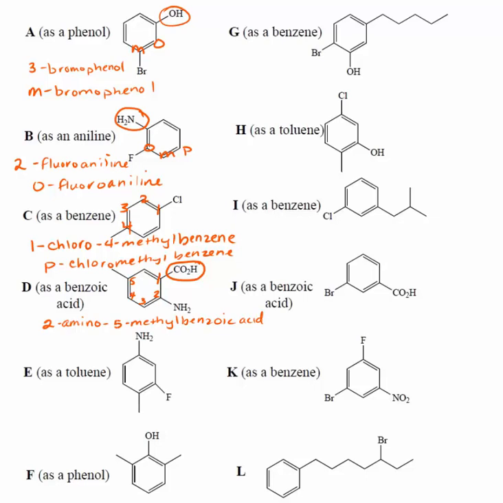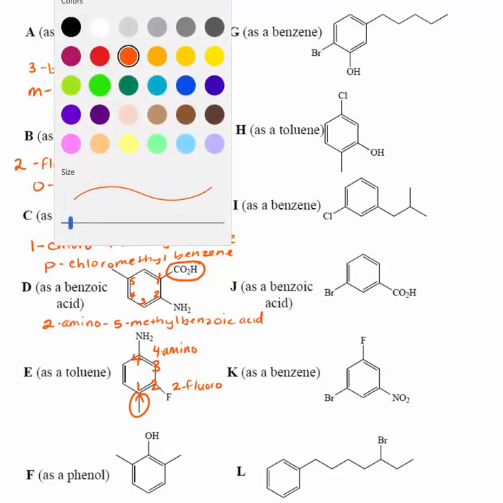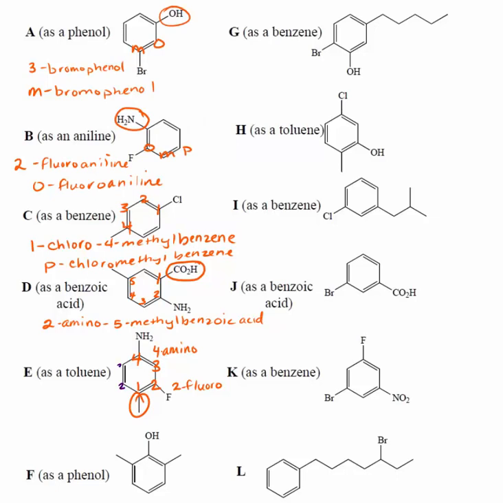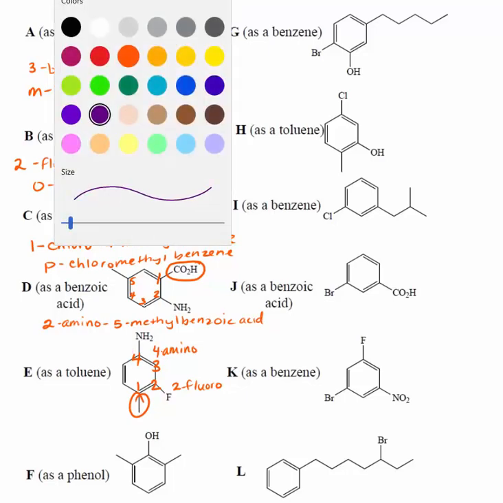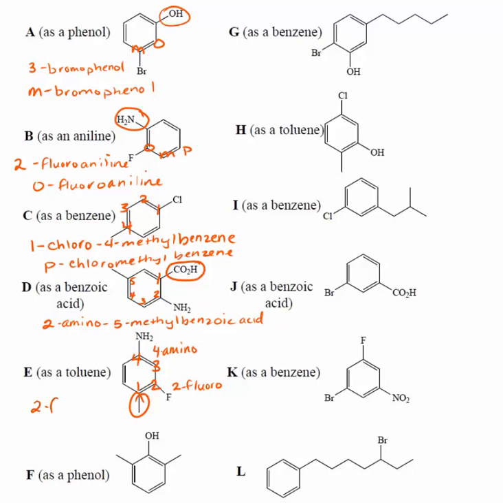E, as a toluene. When we name a toluene, we've taken care of the methyl substituent. That locks this as carbon 1. So that'll make this 2, 3, and 4. We have a 4-amino here, and we have a 2-fluoro. Now, if we had gone the other way with our numbering, that would make this 4 and fluoro 6, because 2 is less than 6. We're going to go with the original numbering, the counterclockwise numbering. So this becomes 2 fluoro, 4-amino